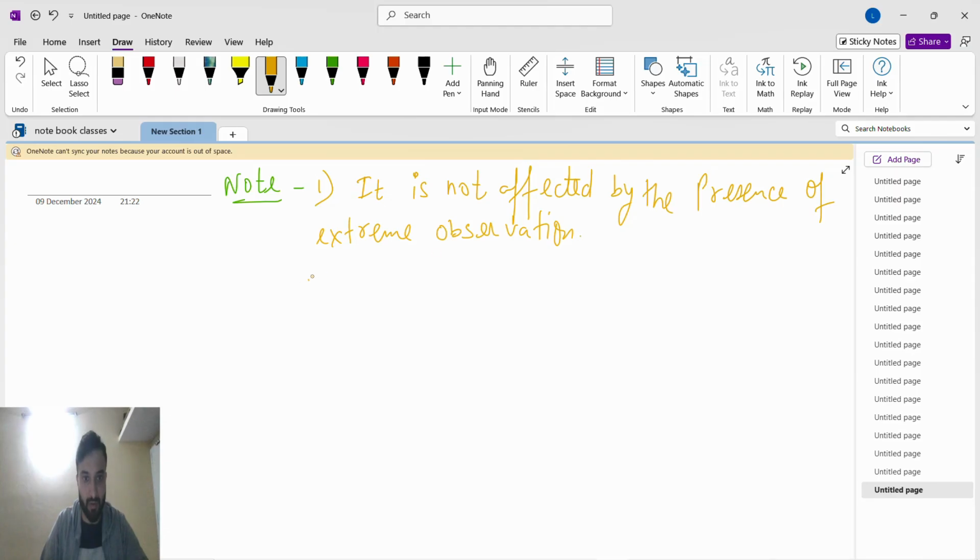By the presence of extreme observation. Second is quartile deviation. Quartile deviation is the best measure of dispersion for